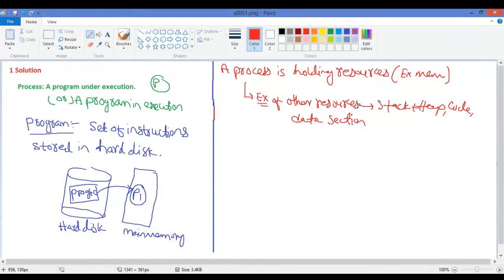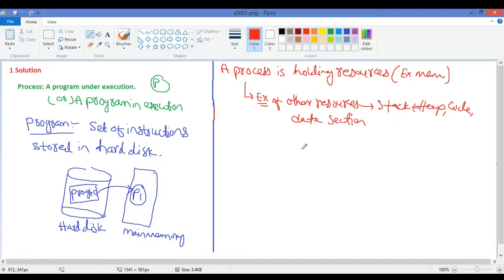So by this time I think you might have understood what a process is. Let me repeat: a process is nothing but a program in execution. A program is a passive entity which is stored on the hard disk, like executable files, exe files and all. But a process is active because it is holding memory. Up to here, does anyone have any doubt? Please ask me. Did all of you understand? Any doubt?